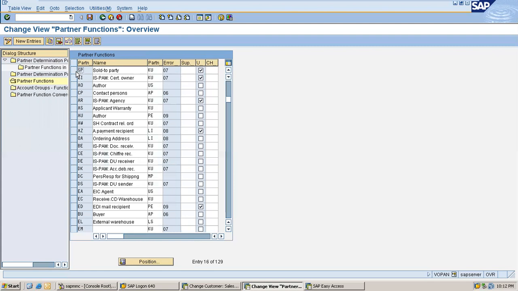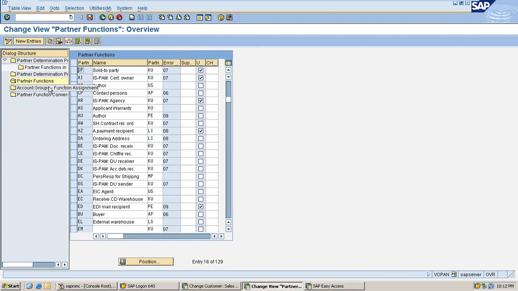This is one more technical problem. I don't know why SAP has not addressed this yet. Even in later versions, it is not addressed. Okay, let's talk about that later. Now I'll be using sold to party SP, ship to party SH, bill to party BP, payer PY for my partner functions. So first step, I don't have to do anything. I'll be using standard partner functions.